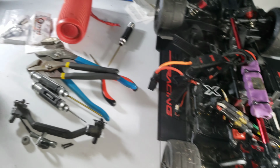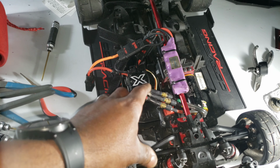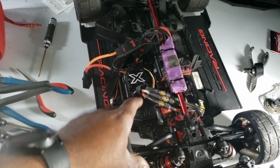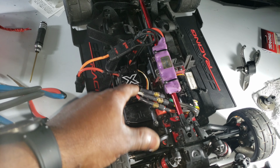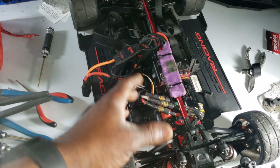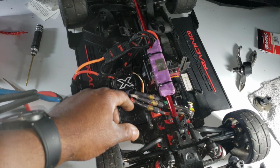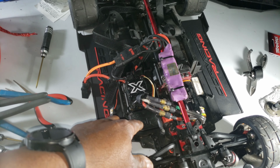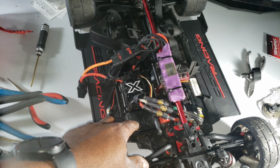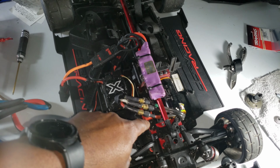Everything's good. I do have to reprogram my, I don't know if y'all remember in my last video when I was wrecking the car and I said I turned everything down. I think I turned down, I think it's called the BEC or BEU, something like that. Somebody's going to rip me one in the comments, but somebody will know what I'm talking about. But it's basically the signal. I put it down to 6.0, I think, and I'm going to put it up to 7.5 or 8.0, something like that. And I'm going to make sure everything's running for the servo and